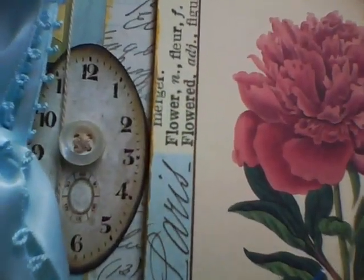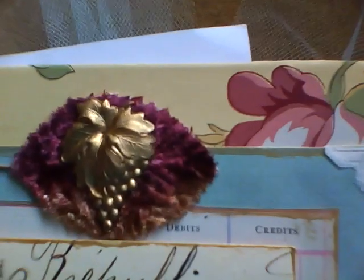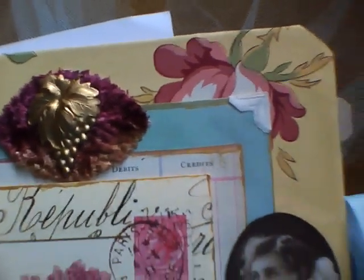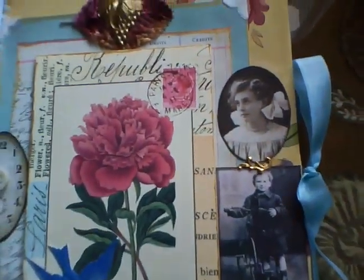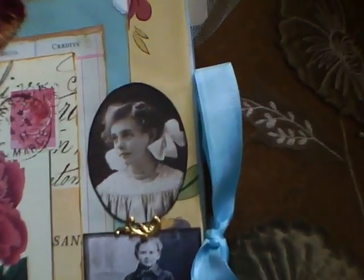So here is, she likes to use pearl buttons, and this is beautiful. I think that's a prima leaf, she's embossed it and put that embellishment on it. Beautiful Victorian images. The papers,